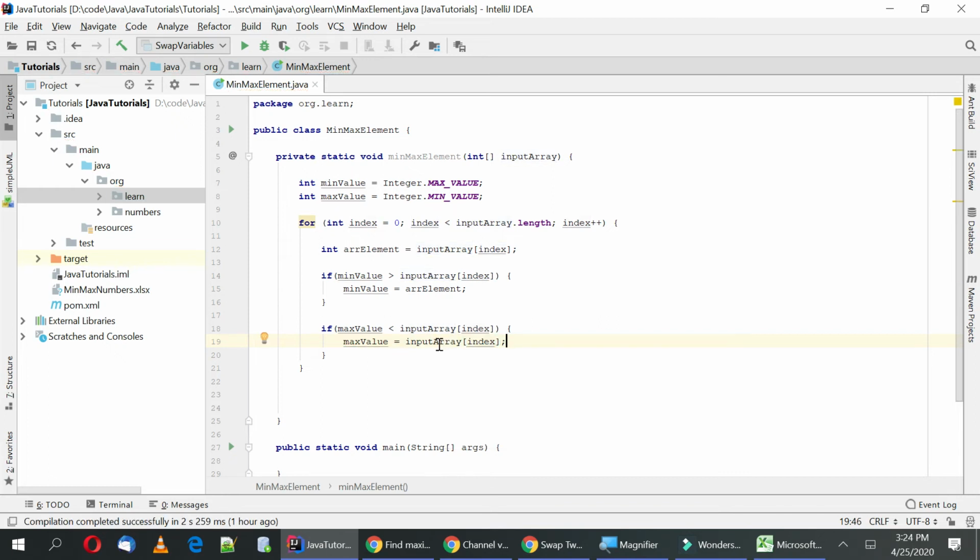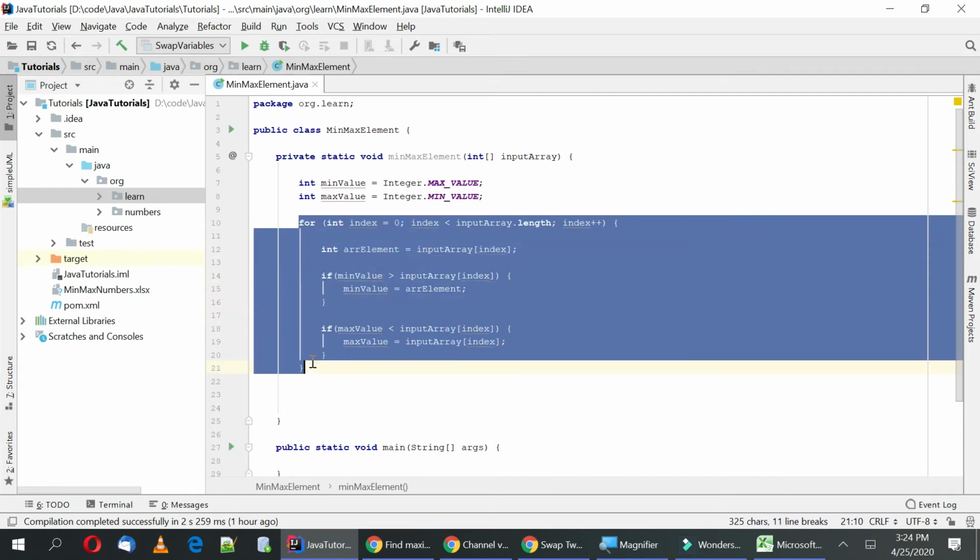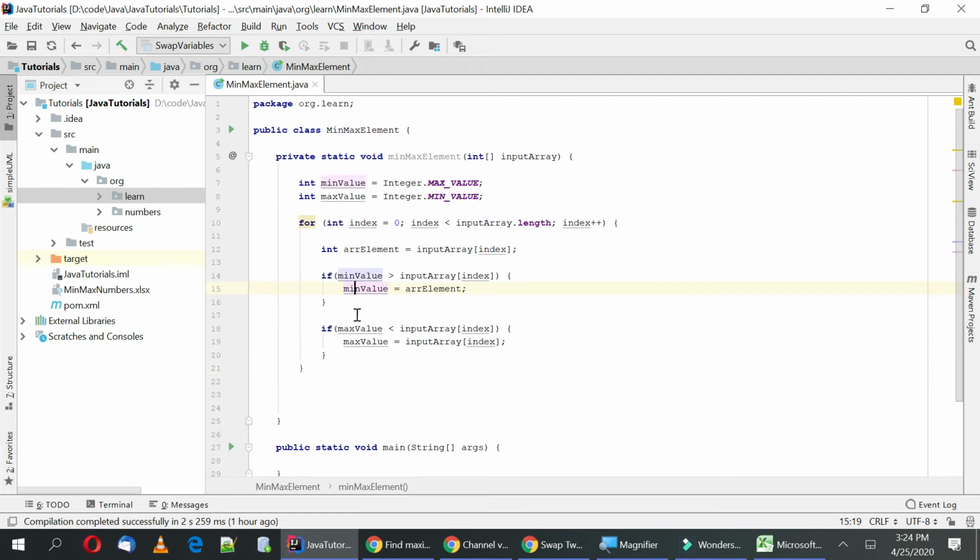Now that's it. We just updated its value. By the end, once we iterate through all the elements in this array, we will get the minimum value and the maximum value. Okay, so let's print out the values and then we will understand.